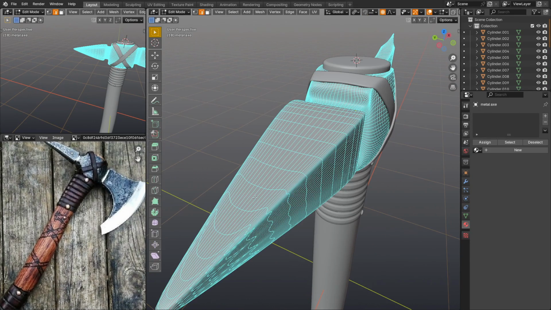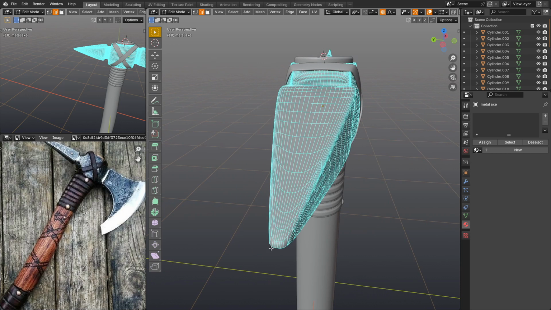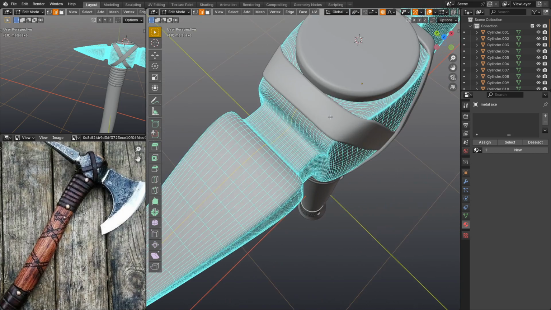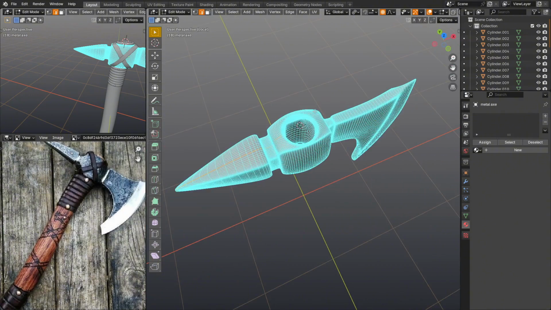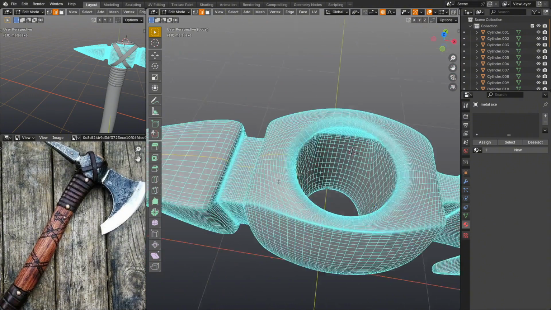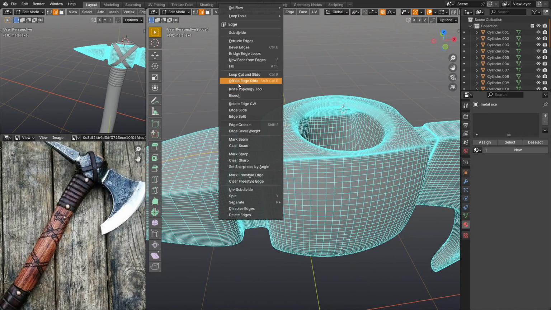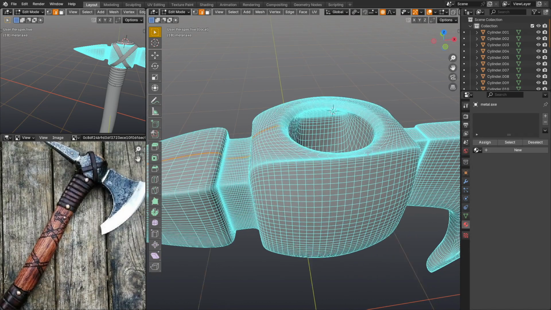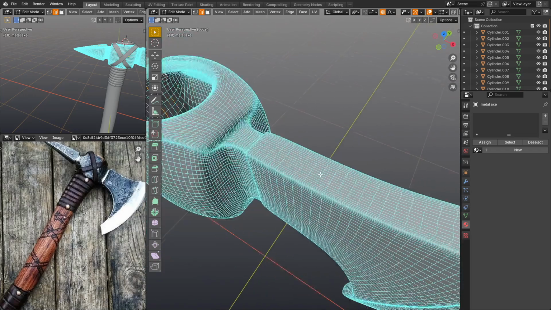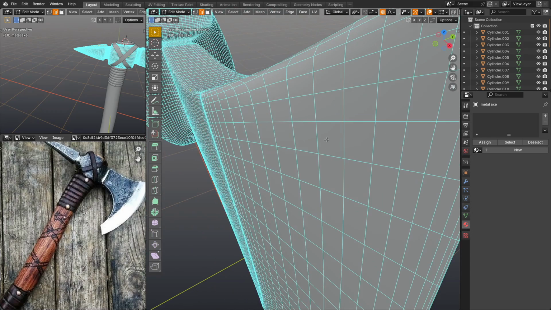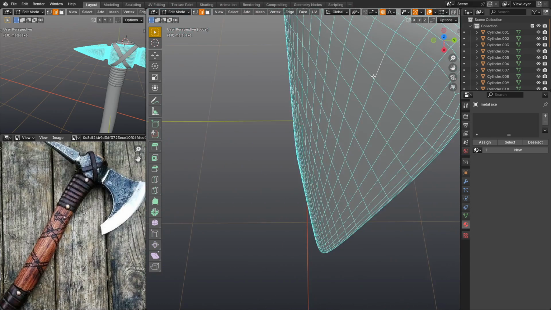It is needed so that the materials that we will create in the future lay correctly on the 3D model. So to do this, go to edit mode and first mark the seams. With the Alt button pressed, select edge loops along which the seam will take place, then right-click and select Mark Seam. We check how it will go and see that it went in a circle and connected. Okay, we can continue. Now let's mark the seams that go on the other side of the axe. We mark it in the same way and check how it was marked.